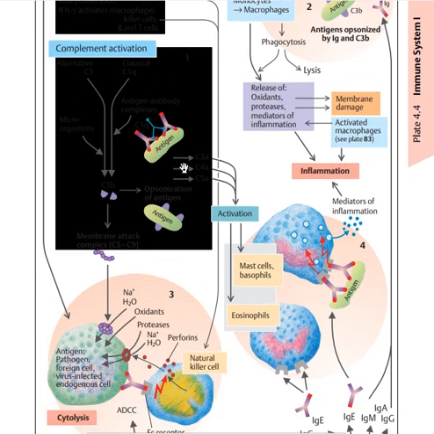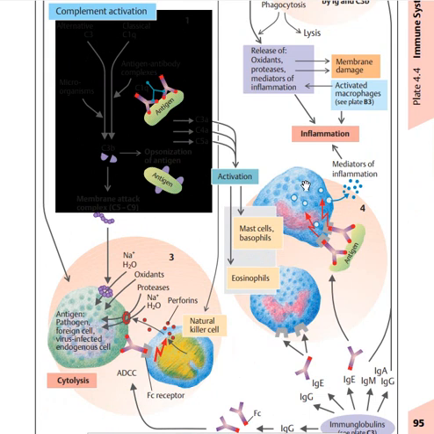So now let's see the action of mast cells and basophils. Now when you have C3a, which are immune inflammatory factors, all these are going to cause activation of mast cells and basophils. Now the mast cells act by producing mediators of inflammation. Another way of activation of mast cell is when the antigen directly